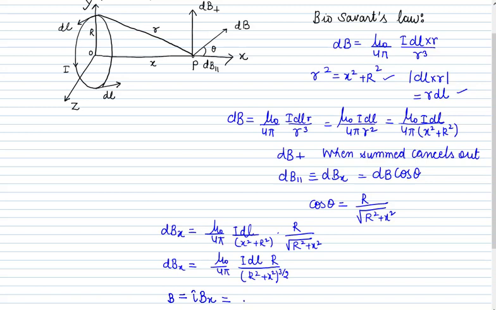So if you sum up all these, you will have mu naught I r upon 4 pi (r square plus x square) to the power 3 by 2, and this will be integration over dl. So if you take the integration of all these small length element dl, that means we are moving through the circumference of the circular loop. So if you take the integration of total dl, then the circumference of a circle will be equal to 2 pi r. So the value of this integration dl is equal to 2 pi r. So on substituting the value, what we get is